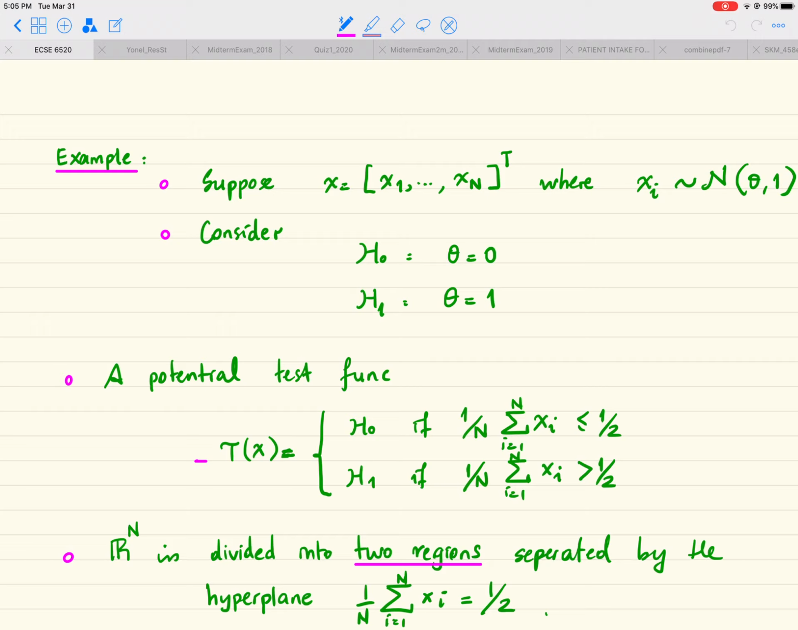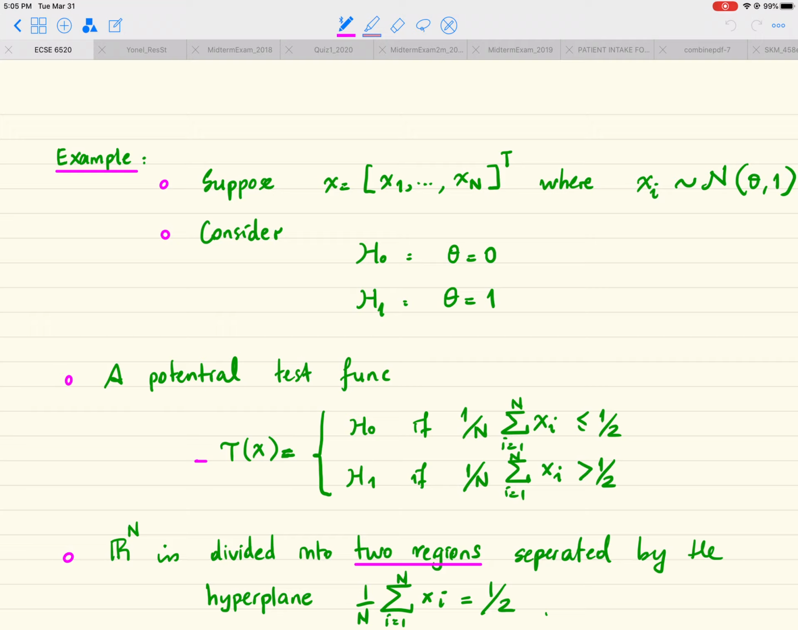So we look at the sample mean, and if that sample mean is less than half, it's more likely that they are coming from a Gaussian distribution with mean 0. If, on the other hand, the sample mean is larger than 1/2, then our observations are coming from a Gaussian distribution with mean 1. So we see that in this case, our test function or decision rule